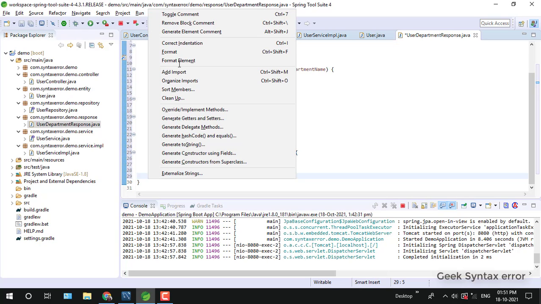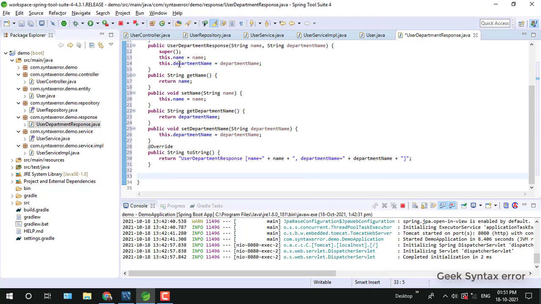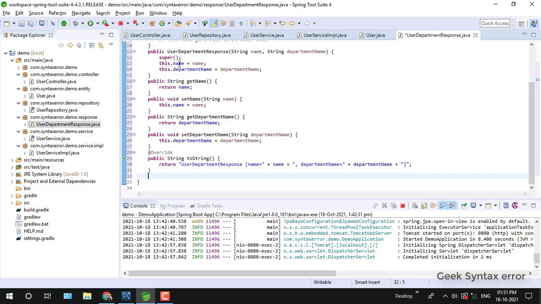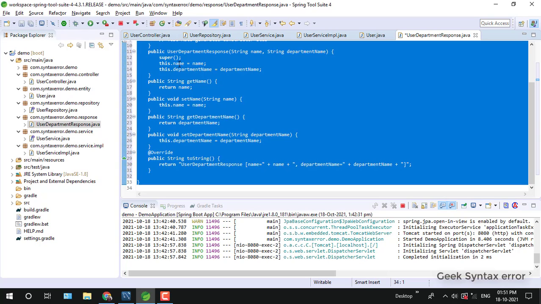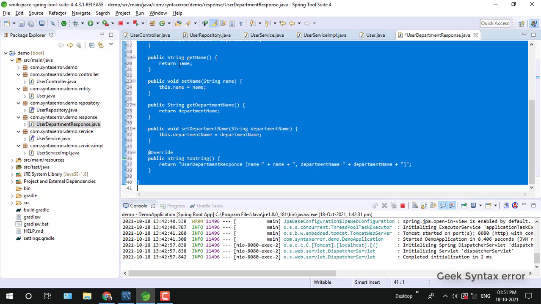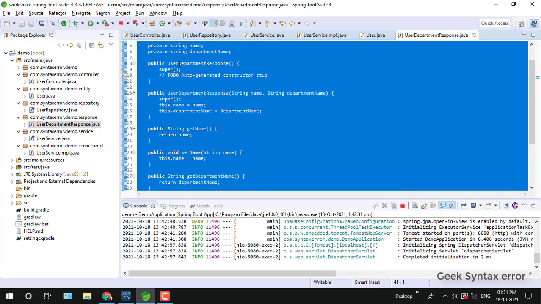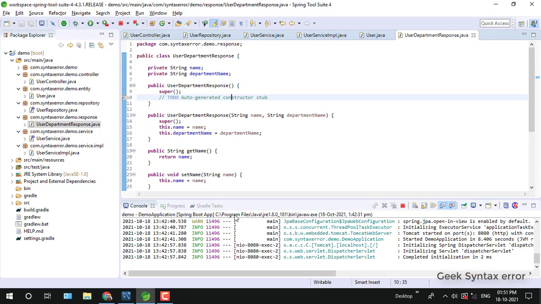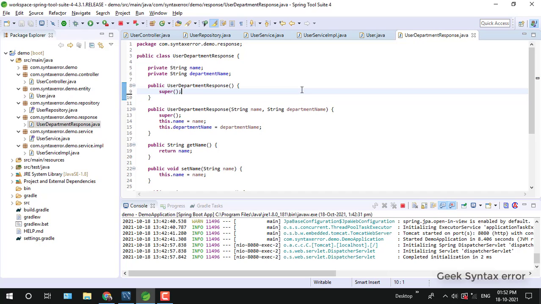So guys, I'm pressing Alt Shift and S, so it will open this source window where you can select the options. So Eclipse will automatically generate the code for us. After that, Control A, Control Shift F, so it will format our code in a nice and readable format. You have to press Control Shift F. Okay, so we created a response entity.